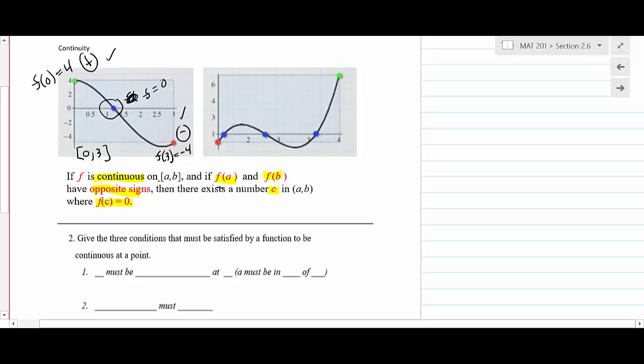Okay, and then this is the opposite situation. You have an interval again, 0 to 4. f of 4 equals 6, so that's some positive number. And then you have f of 0